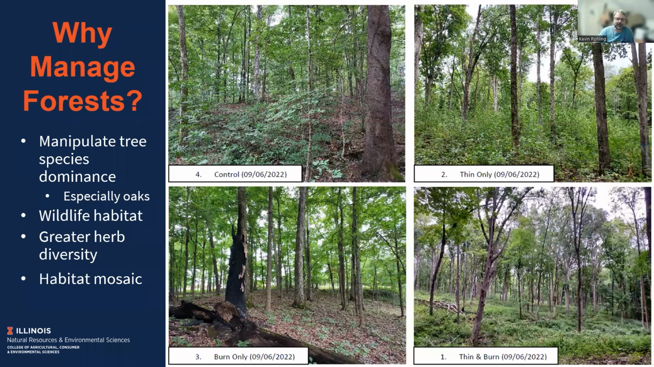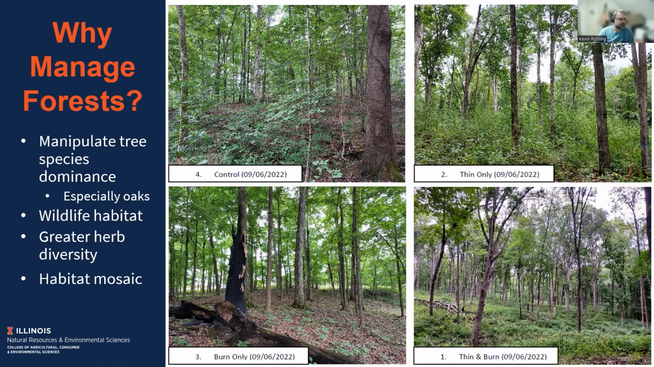And in management, when we're speaking about management, in most cases, we're talking about prescribed fire, tree thinning in the understory, invasive species control, and possibly also timber harvest. So in this image here, we have the control section here in the top left, the thin only on the top right, and then a burned only section in the bottom left, and then the thin and burned section on the bottom right. And you can see visually the differences in the vegetation based on the management actions we've taken in those